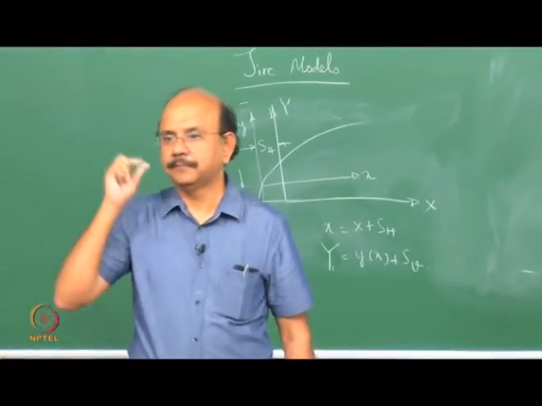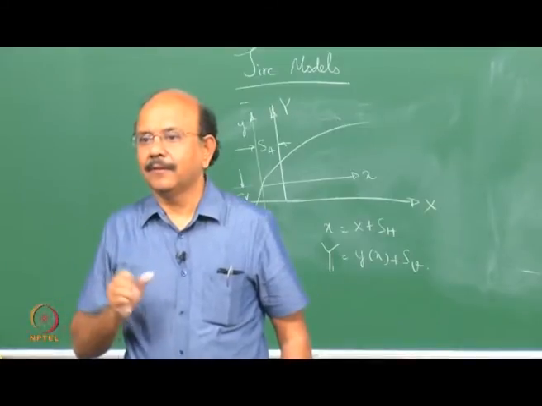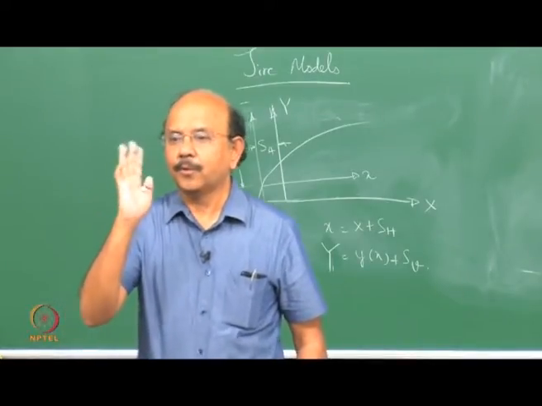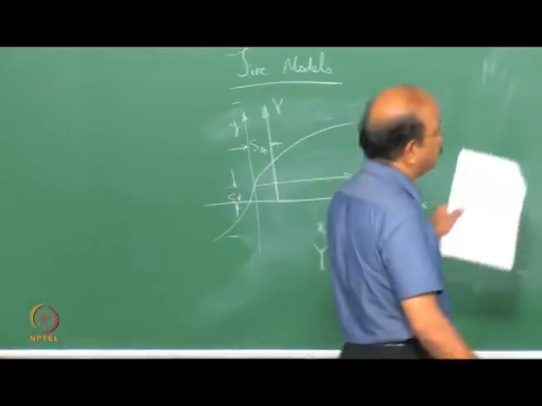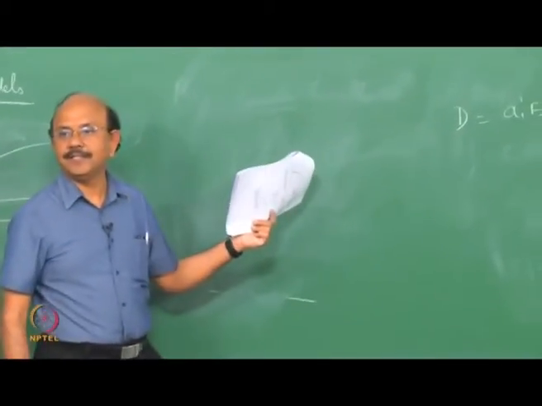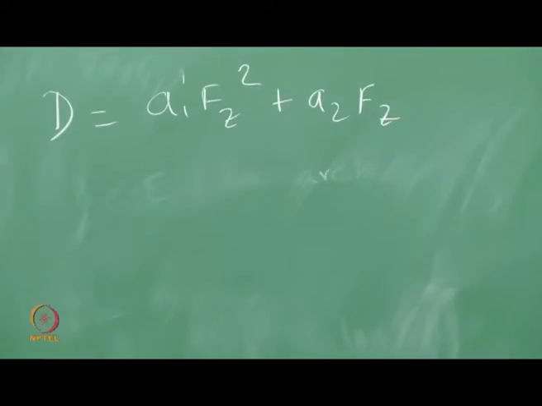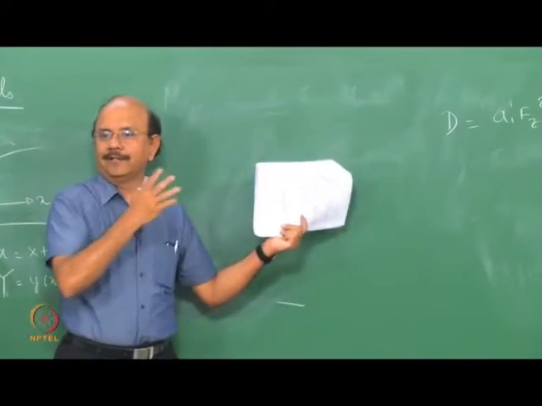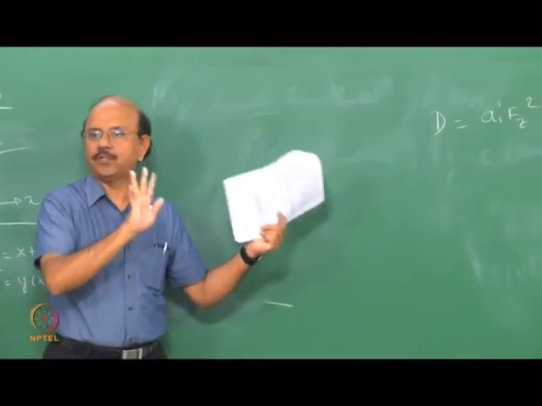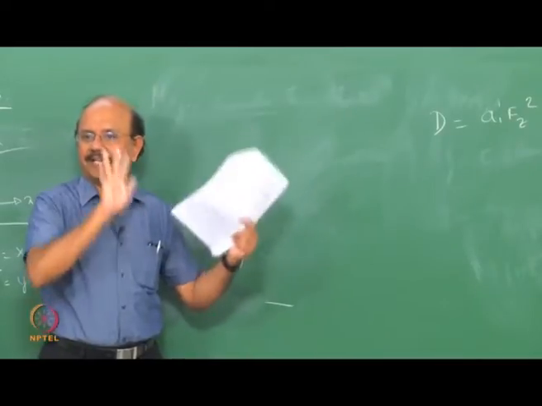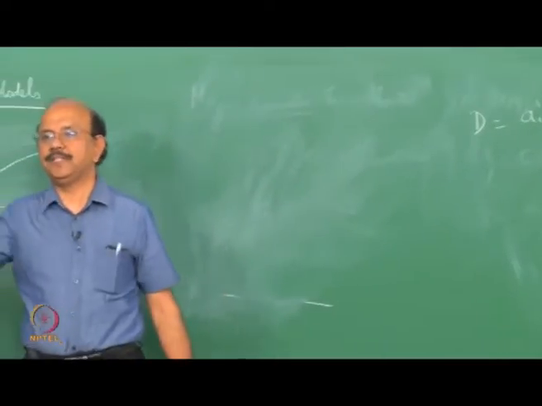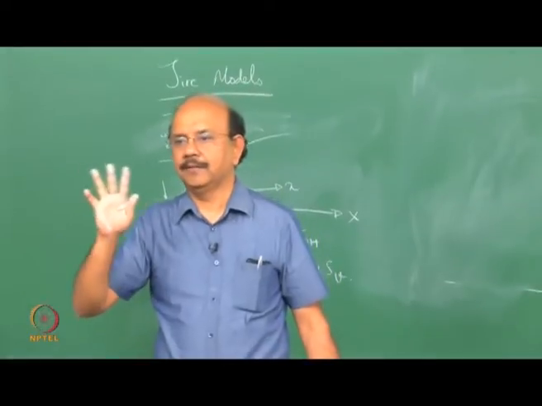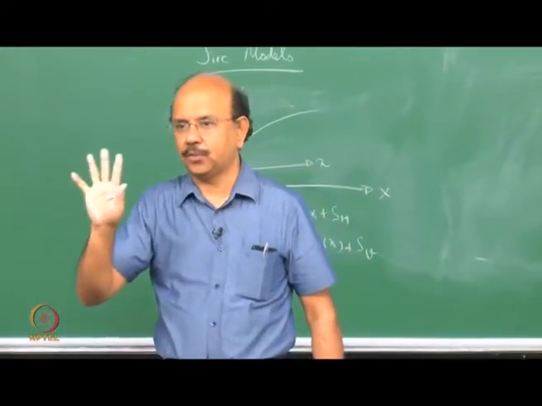How can we say B, C, D are independent of x? They might also be dependent on x. No, no. BCD, when I said B into C into D, that is the initial slope. That's all I'm saying. It is the initial slope. dy by dx at x equal to 0 is BCD. They don't depend upon x, y, z. That is the initial slope.